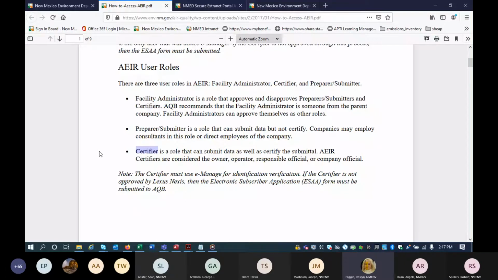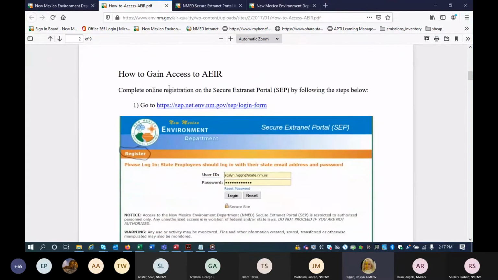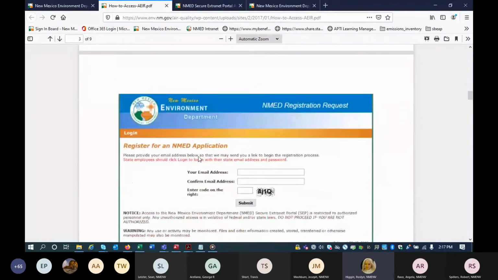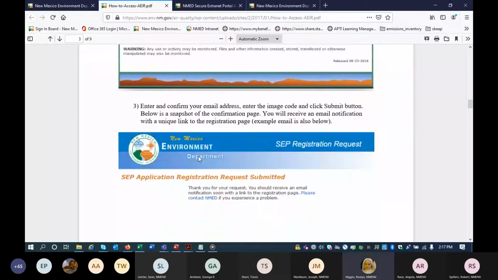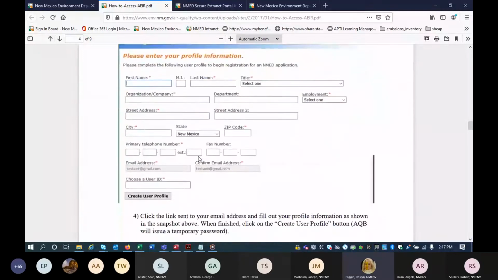And through the rest of this document, we're not going to go over it, but it has several snapshots on what link to use, how to request AEIR access, and so on, and the responses that you'll see.